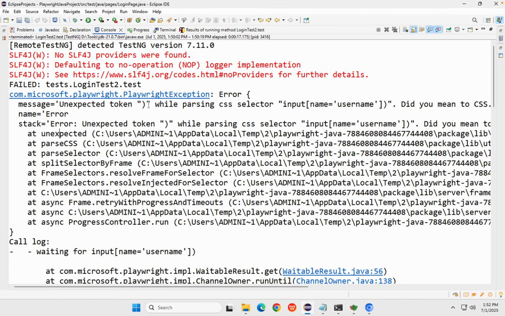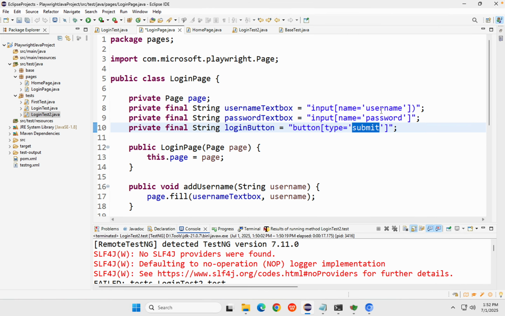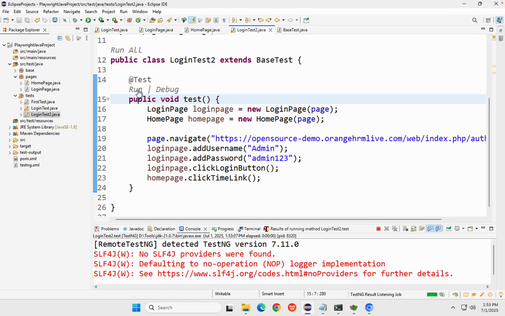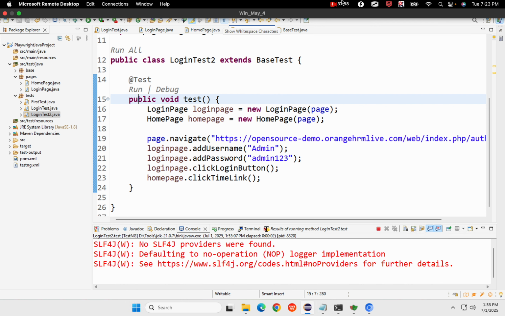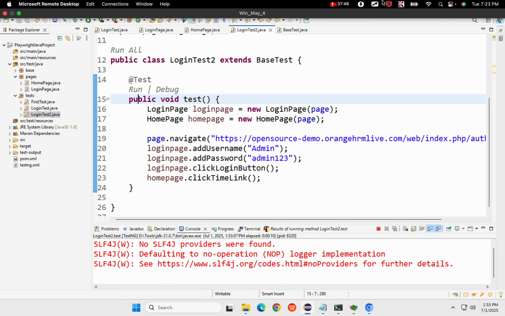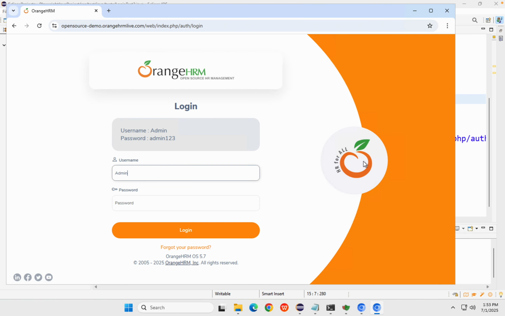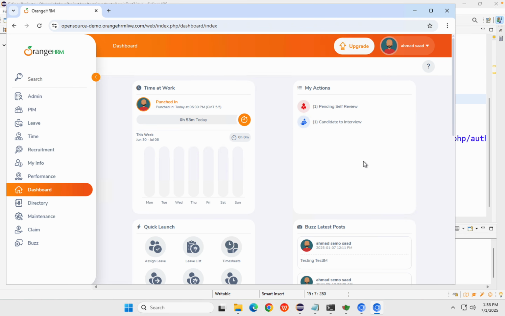Okay, I think I missed this. This is an unexpected token bracket. I think this was the issue. Yeah, this is what is the issue. I will now try running it again, and you can see these kind of silly mistakes happen. Let's see now. So it opens the browser, and yes, this time it added username, password, and clicked on login button, and it will